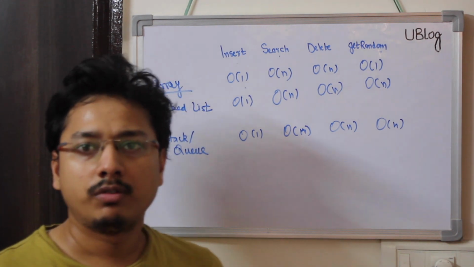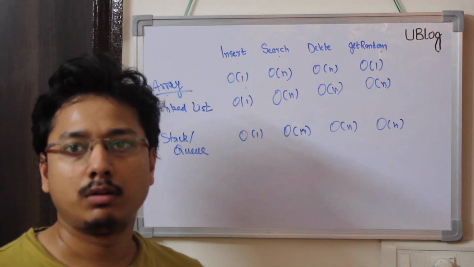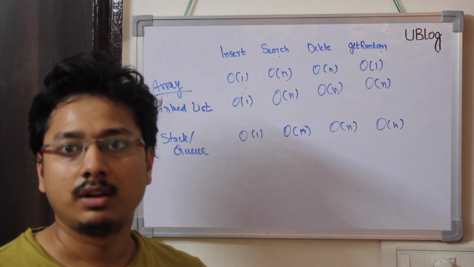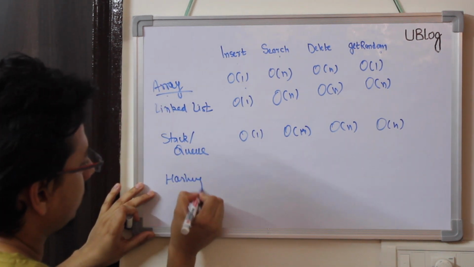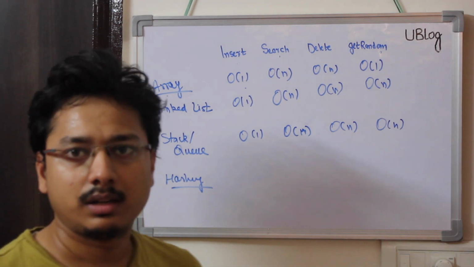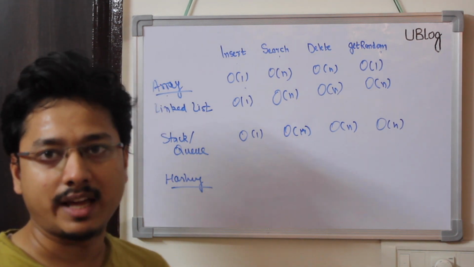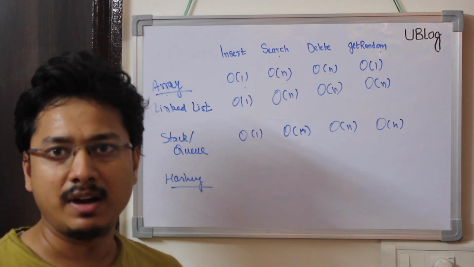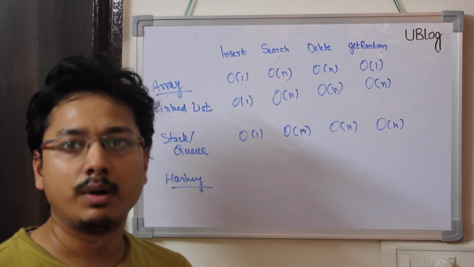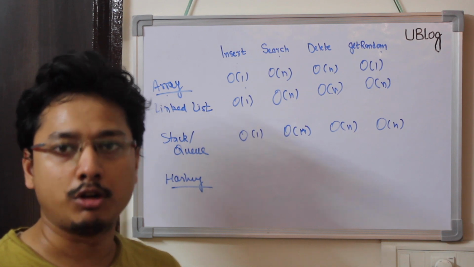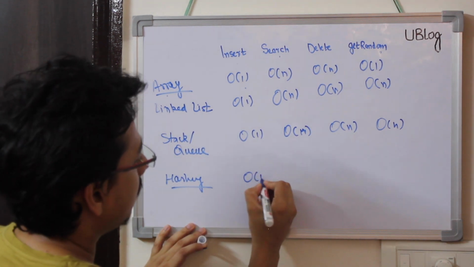Okay, now let's move ahead and see how we can solve these operations using hashing, either hash set or hash table. Insert in a hash map is O(1) time. We can insert any element in a hash map in constant time, assuming that my hash function is good enough so that it does not produce so many collisions. So my insert will be O(1).